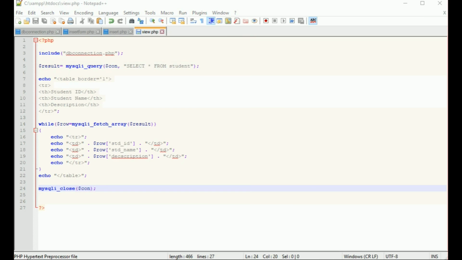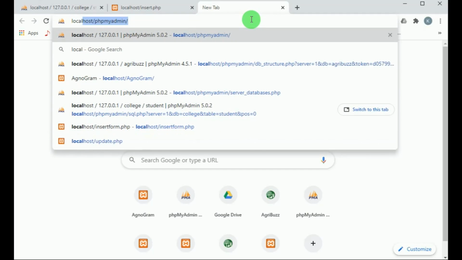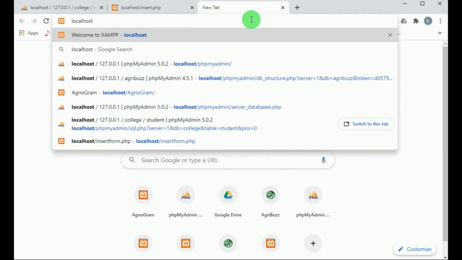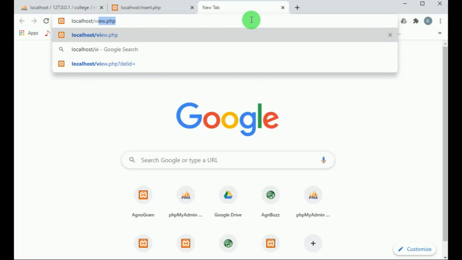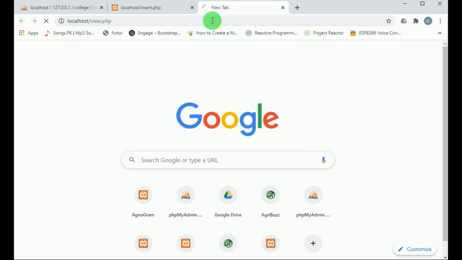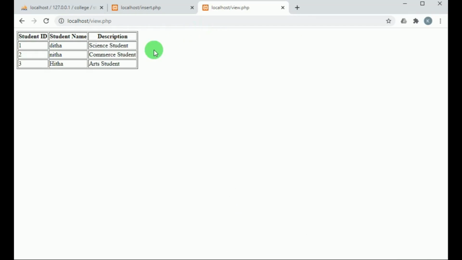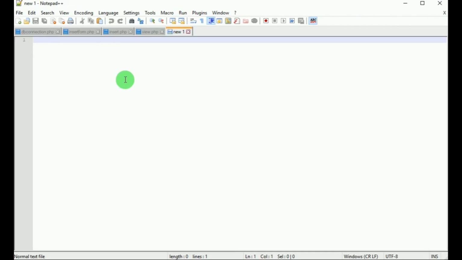Now let's execute the view.php file. We can see the data in the database of the table student in table format. We can see student ID, student name and description.